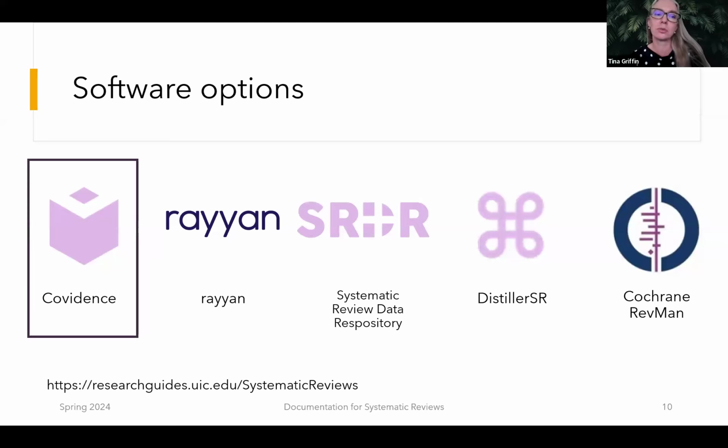The university, through the Office of Research, provides Covidence, and this systematic review software is something that is managed by the university library. We do have a webinar later on in our series that specifically looks at Covidence software. If you do not want to wait for that series and you need to look at the software sooner than that, feel free to make an appointment with a librarian. We will be more than happy to take you through the software for Covidence, or if Covidence won't work for you,